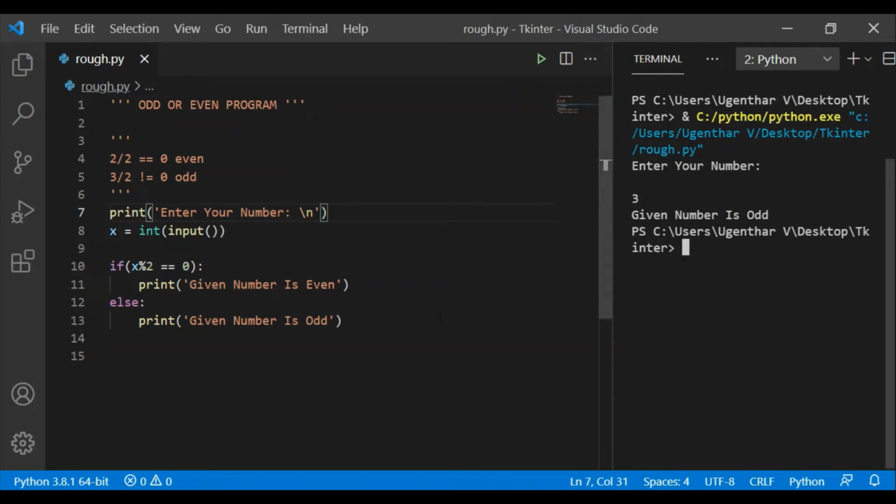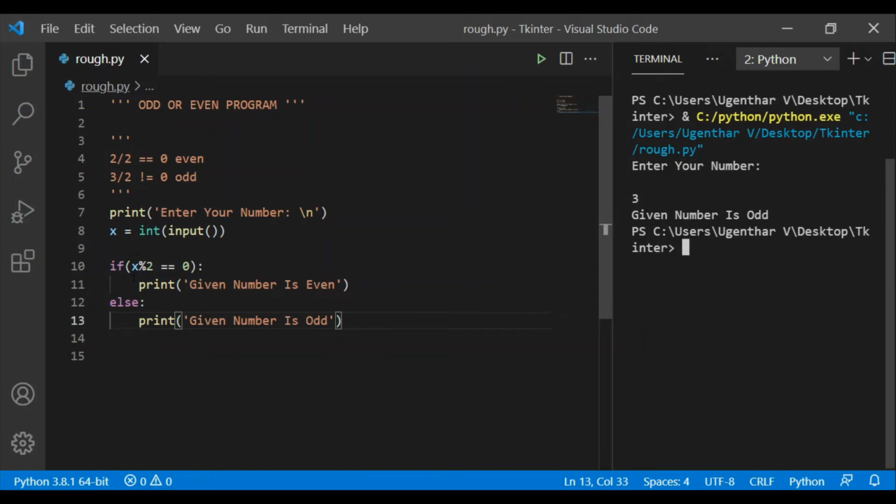Let me explain how the code works. First, the first line will be executed and it will show enter your number on the screen. This is the output, enter your number. Next, it will ask for the input from the user. I am the user and I am giving 3 here, and it will take the 3 in variable x and 3 modulo 2.